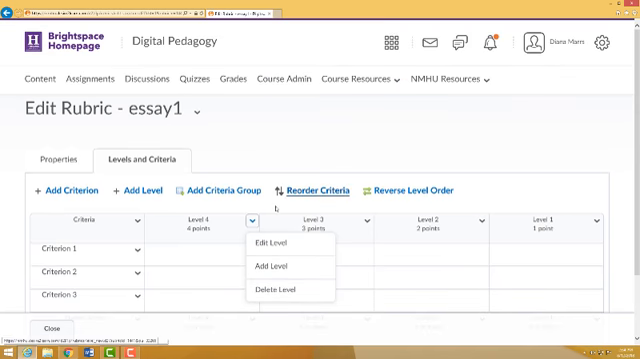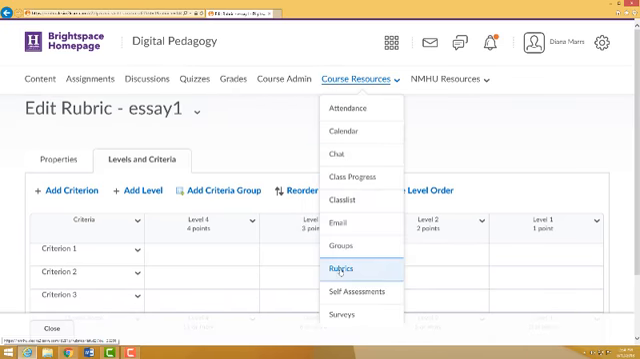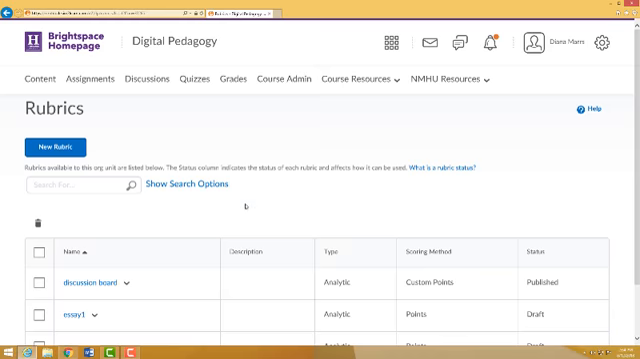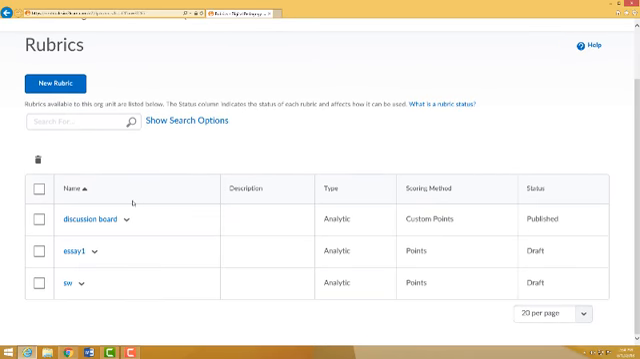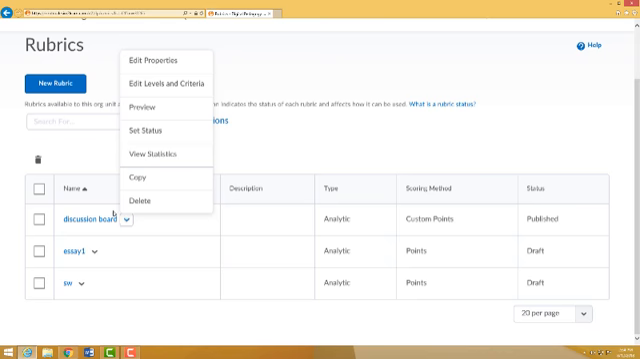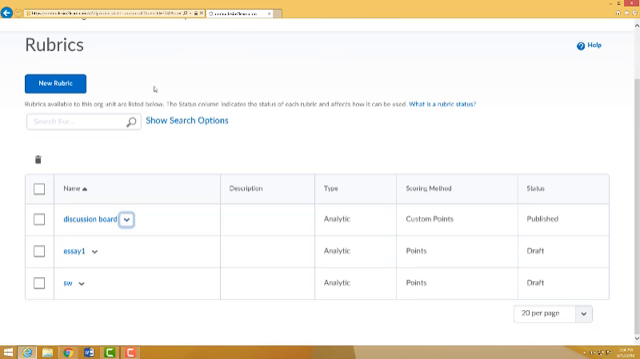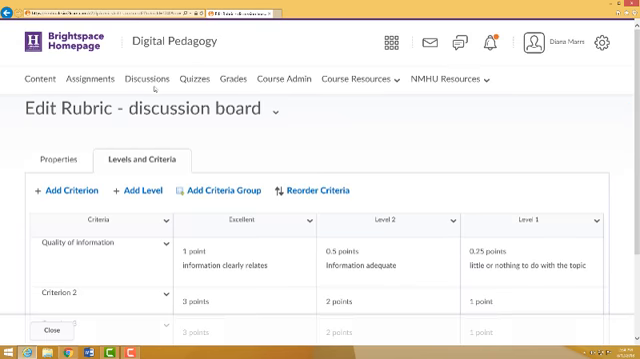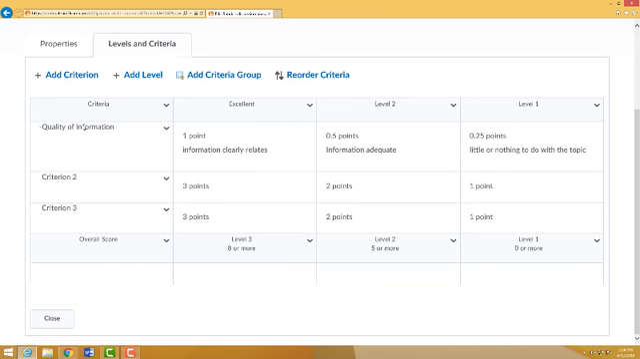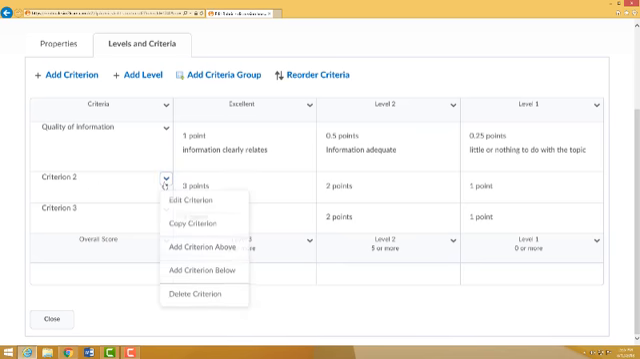I think it will be easier if I just show you one that I've already created. So let's go there. And again, you can copy paste from a paper version if you have one already created. So here's a discussion board rubric. I can edit the levels and criteria. And here you can see quality of information is my criteria 1, and I have 2 more that I would fill in. And I would do that by going here, edit criteria,